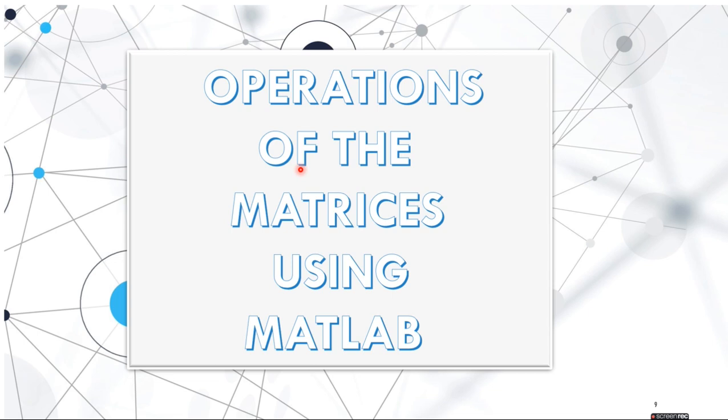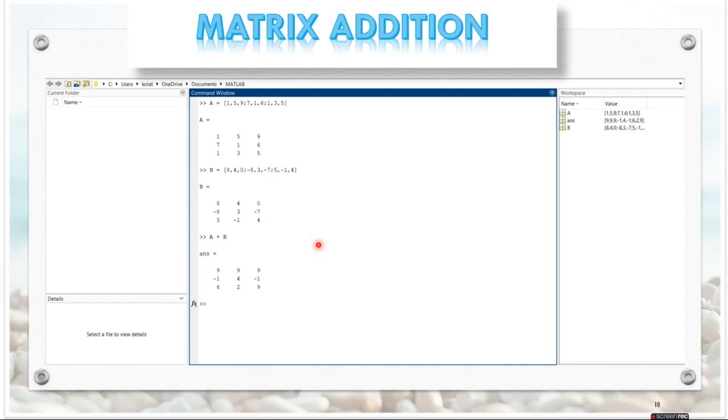So using this, I am going to show some operations of matrices. Now, I'm going to show the matrix addition. This is the window of MATLAB. So here I am assigning the matrix A. In this way, we need to assign a matrix: A is equal to, I have taken a square